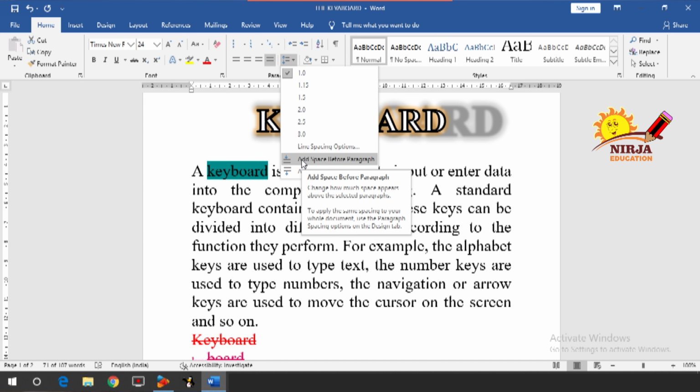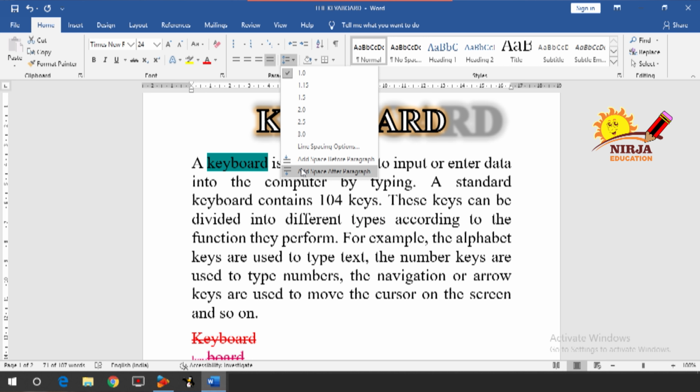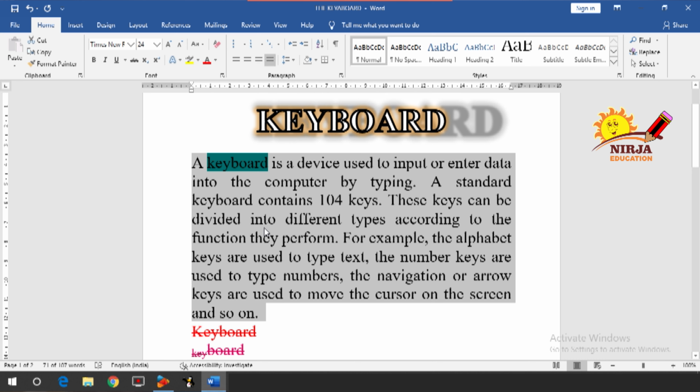Wherever your paragraph is starting, it will add more space between the heading and your paragraph, or it changes how much space appears above the selected paragraph. Next is add space after paragraph, which changes how much space appears below the selected paragraph. So this is about your spacing.